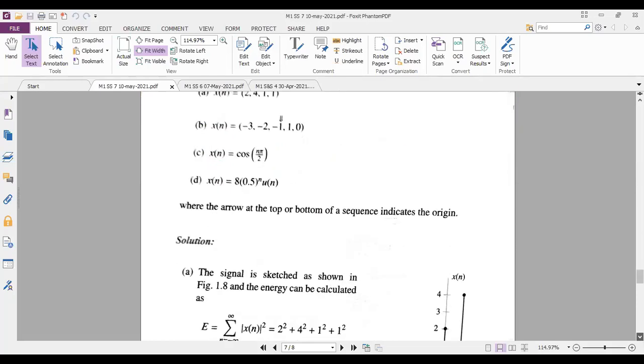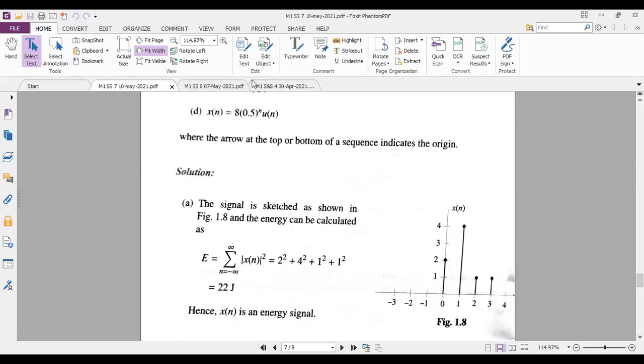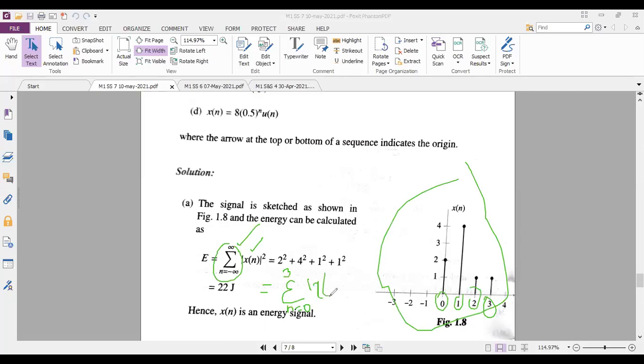Okay, so now I have plotted the signal. You can see the plot. After plotting is done, the formula for discrete time energy is summation n equal to minus infinity to plus infinity of magnitude of x of n the whole square. But this summation I have to modify as per my question. I have the summation from n equal to 0 to only 3. You can see in the diagram I have 0, 1, 2 and 3. So I have to change my limits as n equal to 0 to 3, magnitude of x of n the whole square.